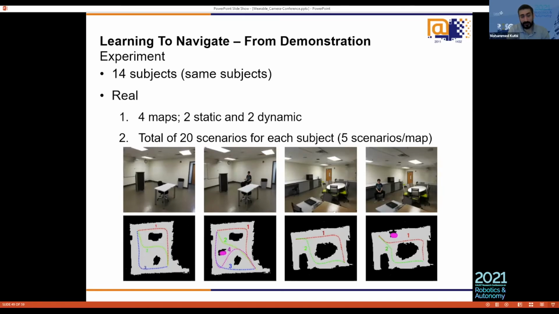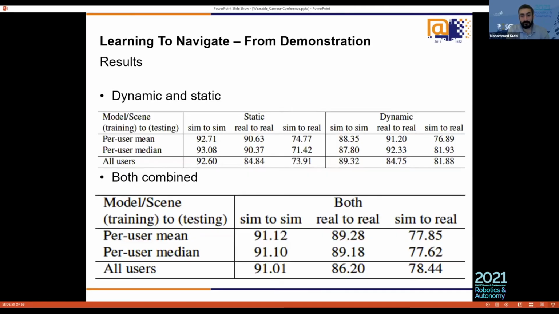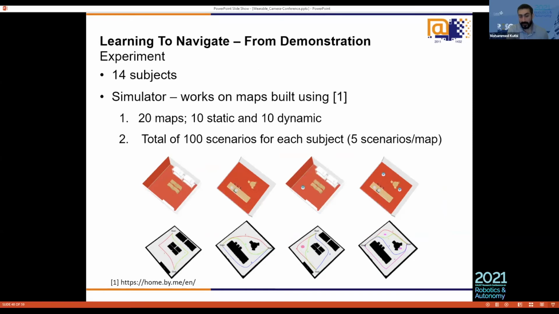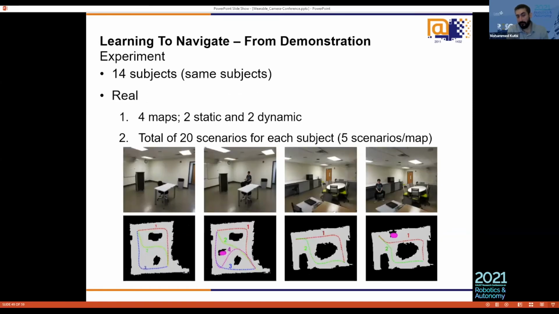At this time, we had 14 subjects. We had more maps and more static and dynamic maps. So we have people in the scene, no people in the scene, and still we had higher accuracy here in the dynamic scene, the static scene, and then we combined them. How about if we train one model for both scenes? How would accuracy be? And then we also looked at something else here. Since we had data from simulators, and we had data from real-world examples,